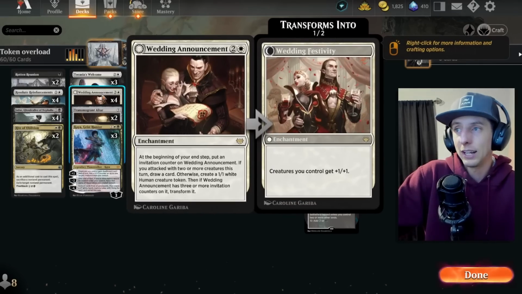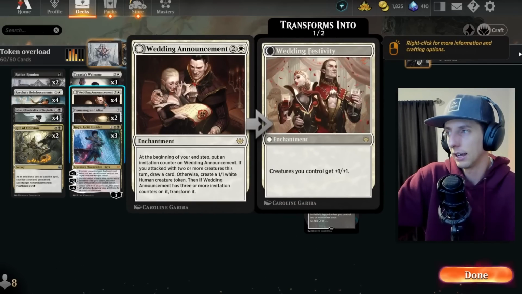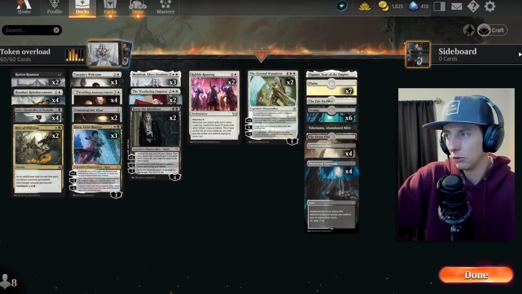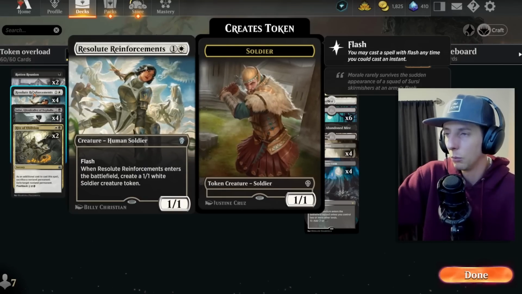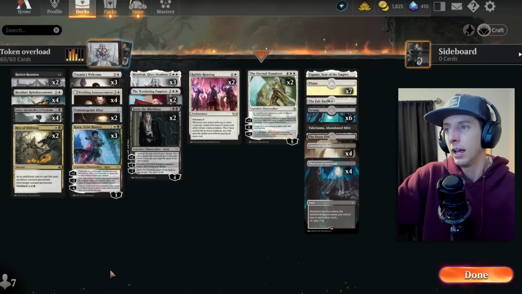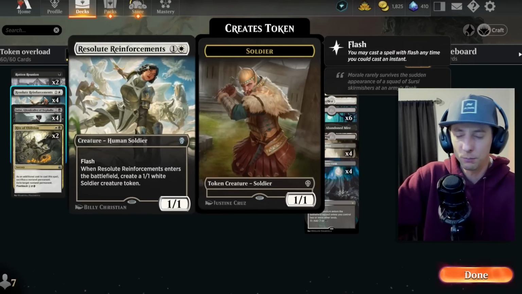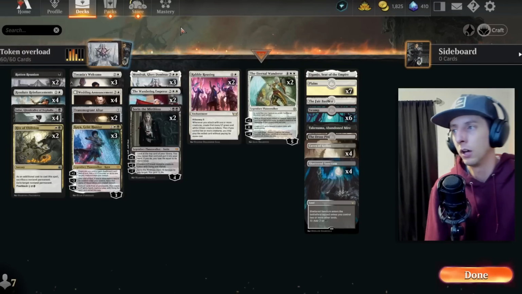Speaking of drawing cards, wedding announcement, obvious choice here. I don't think anyone was surprised to see this in this deck. Wedding announcement, just very good at drawing cards, creating tokens. And then we went with an early game with the reinforcements as well. Wanted to get an early start, protect myself from removal, or not removal, I'm sorry, protect myself from damage like mono red and stuff, to slow the pacing of the game down to help us get to our set up